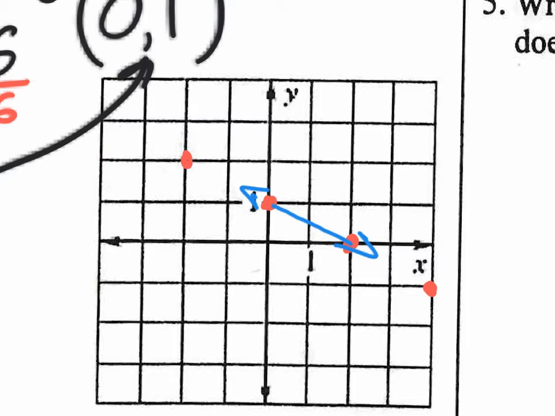So what I'm doing here is showing you how to extend your line without a ruler by using the pattern of your points, of the 2 points. So if for some reason your line is too short, you want to make it longer, just use the pattern of the 2 points that you have of your x and y intercepts and extend your line. Okay, so